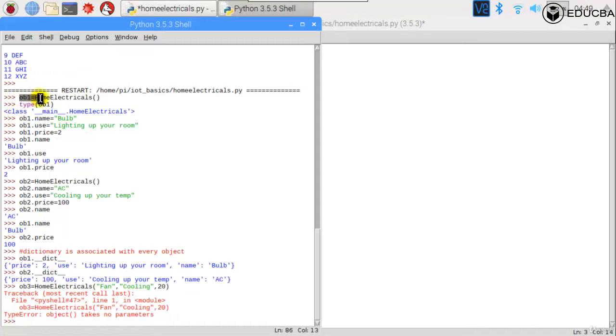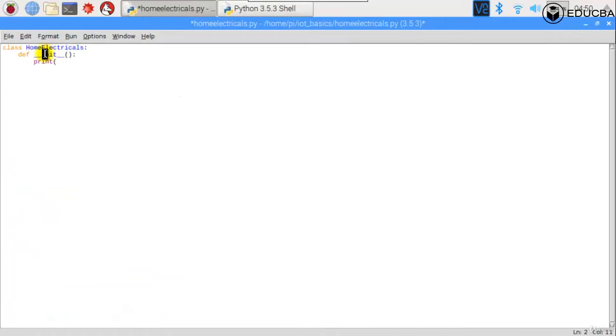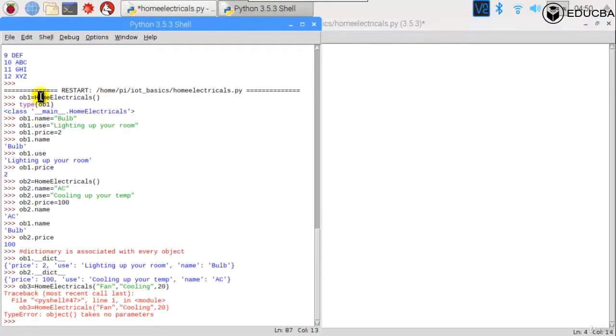That means when I say ob1 is equal to home electricals, at that minute itself, the init method from home electricals is called. Every function inside a class is called a method. This method will be called when I create an object.